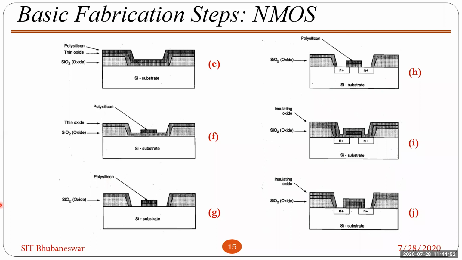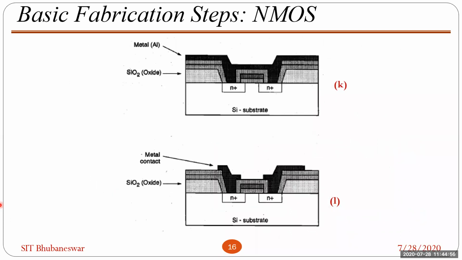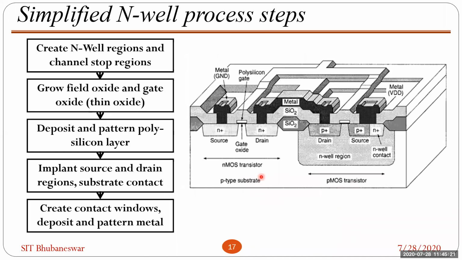Okay, it's over. So this is the metal process. Once it is done, then we will do the metal. Similarly, we pattern the metal also. We cover all with metal, then we selectively etch the metal, leaving only the source and drain pattern. Here also, it's not shown how to connect the gate, but it is there, and the gate is connected with the metals. Next part is the simplified annual process.